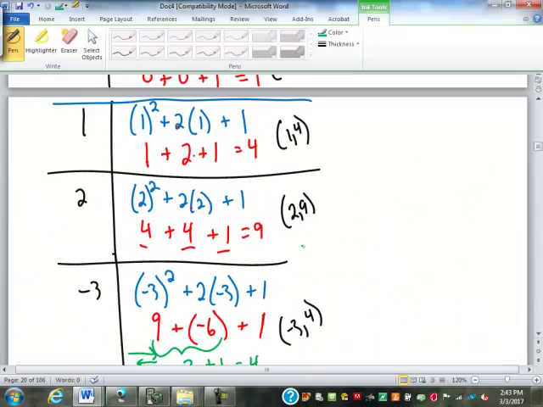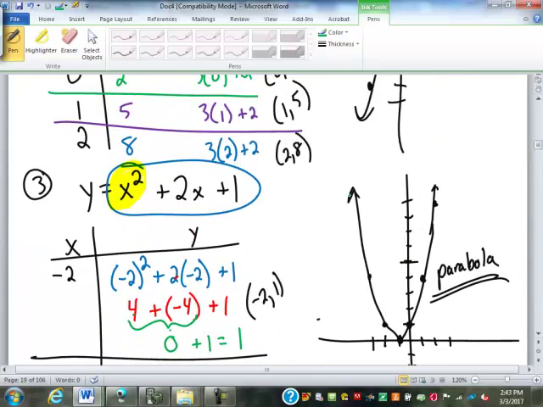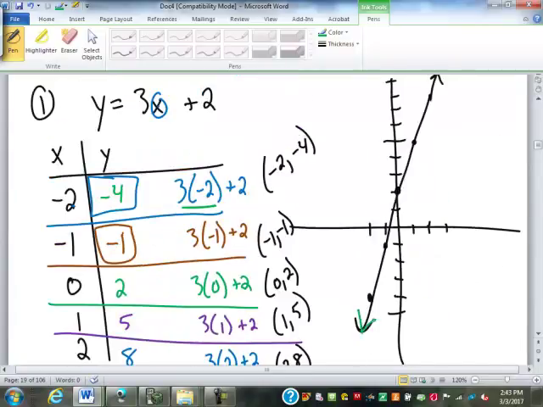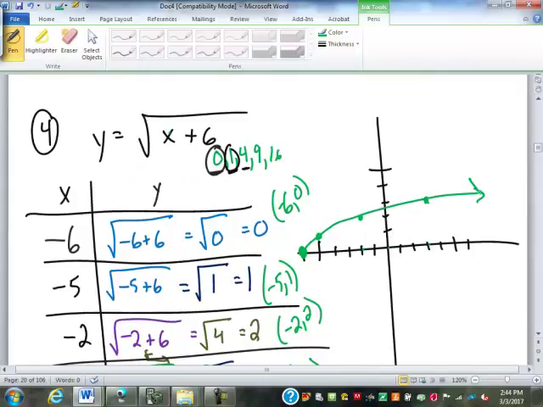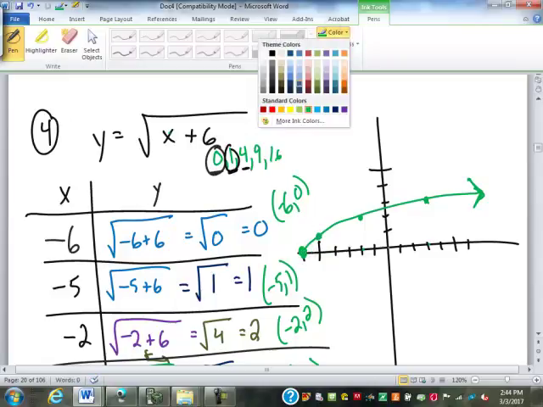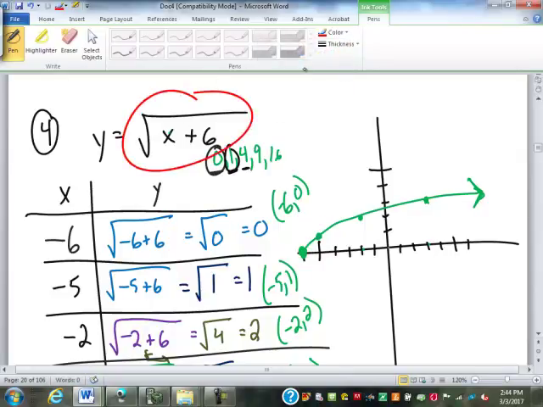Now, if I look at my graphs that I did up here, this one here you can see I put arrows on both ends of it. This one here you can see I put arrows on both ends of it. This last graph I did down here, I only put an arrow on this end. I did not put an arrow on this end of it. The reason I didn't put an arrow down here is because this is a square root. And when x is -6, -6 plus 6 is 0. I can take the square root of 0. But if x were -7,